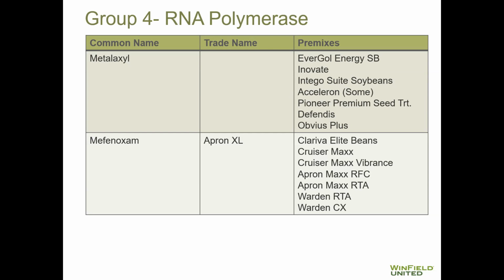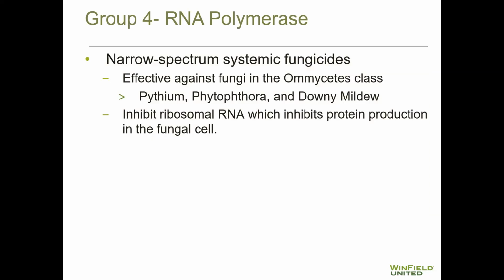First of all, you can use a much lower rate. Basically, a half rate of mefenoxam is equal to a full rate of metalaxyl. Okay, so mefenoxam is quite a bit better off than metalaxyl on control at equal rates. Now, I might have answered my own question here, because our group 4 RNA polymerase inhibitor is a narrow spectrum systemic fungicide. It only works on the Oomycetes class of pathogens, so Pythiums, Phytophthora, downy mildews, those types of things,